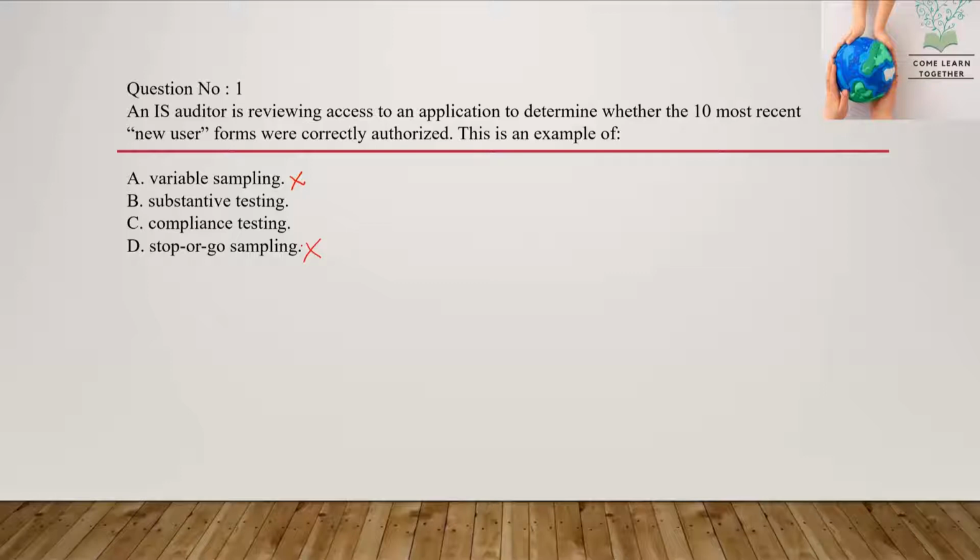Now, when he's saying the 10 most recent new user forms were correctly authorized, what he is actually trying to do is test the system with respect to a policy or a procedure. When I see the words "were correctly authorized" and that is the aim, this means that there will be a policy or a procedure which will say